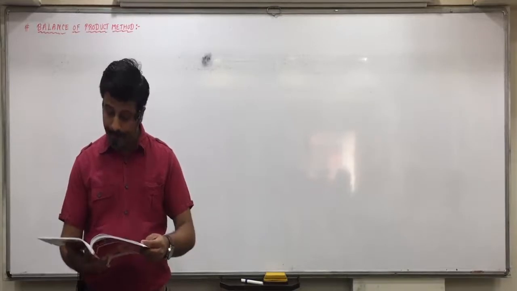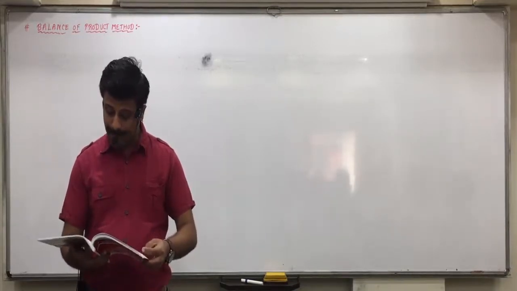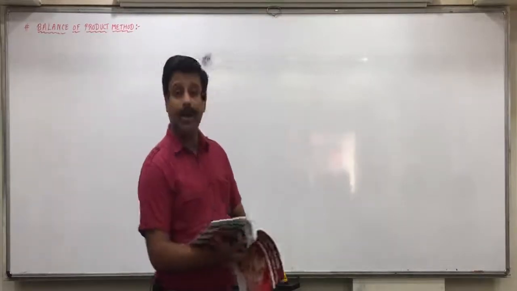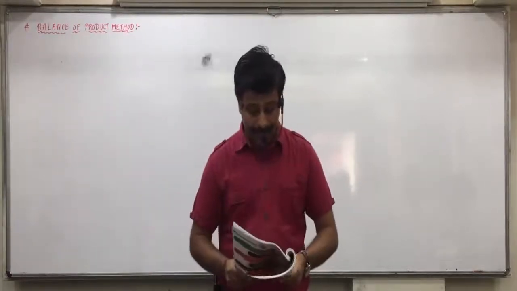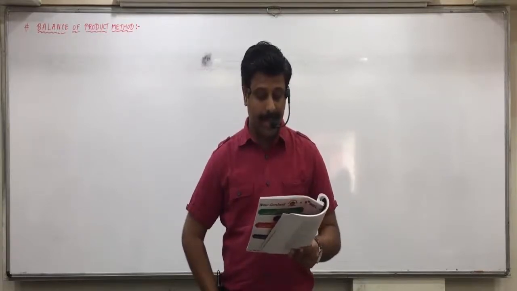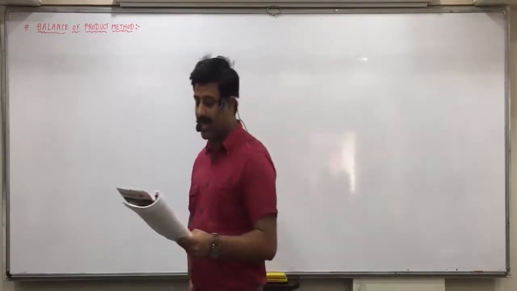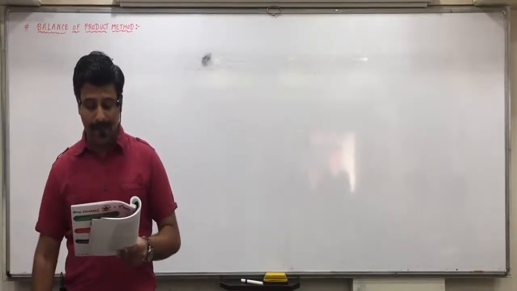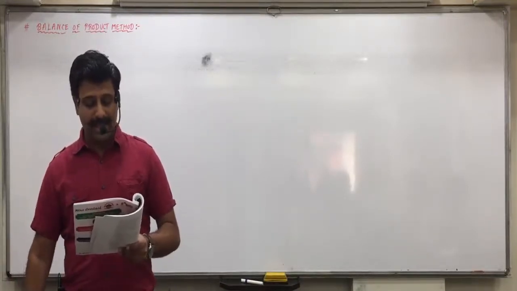So, look at page number 73, point B: preparation of account current by balance of product method. The procedure of preparing the account current under this method is almost similar to the above method discussed. In this method, the interest column of the previous method is replaced by products for one day. Generally, the following steps are followed.